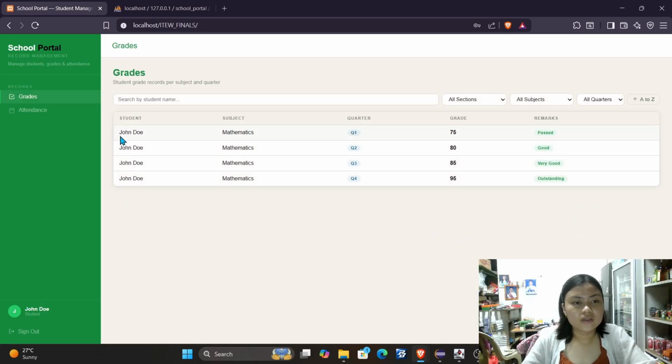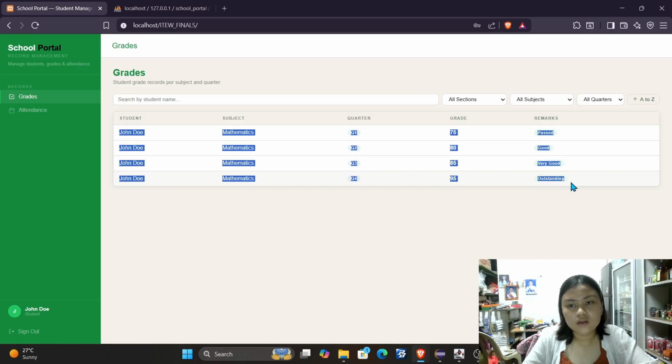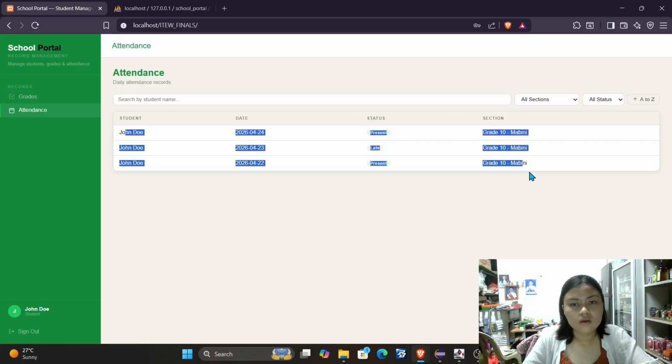Now we can see the reflection of John Doe's grades. For the student portal, first we only have 2 pages, which is the grades and attendance, which is a reflection of the recorded data from the database.